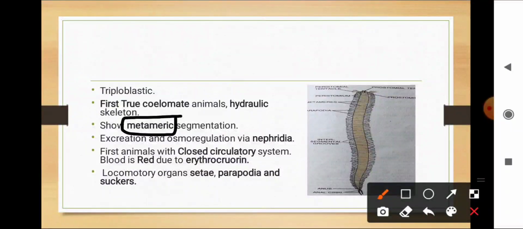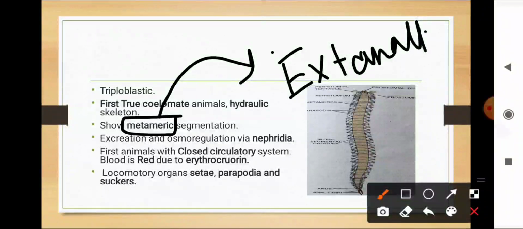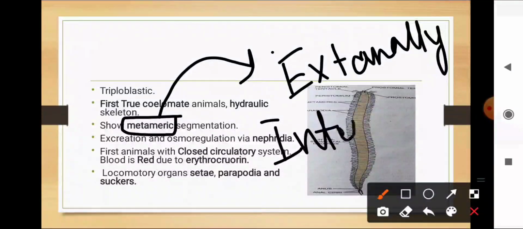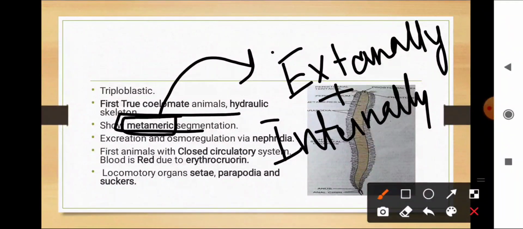Metameric segmentation means the body is divided externally, as we have already discussed, by annuli, and internally divided by septa. If the body is divided both externally and internally, then it is known as metameric segmentation. Okay,